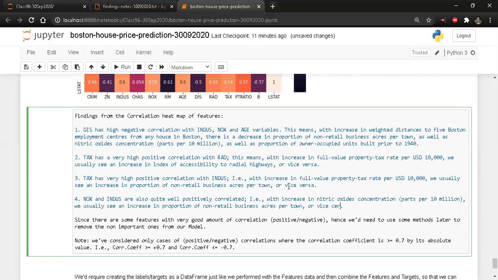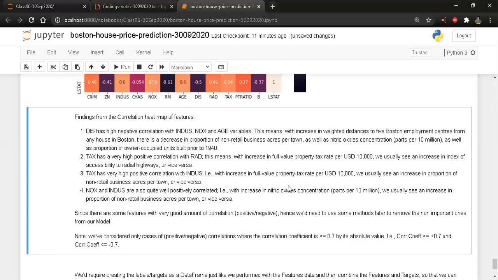So in this case, I'm quite sure that the opposite case, the vice versa case, is actually more relevant, because if I have non-retail businesses, right, retail businesses are like our shops from where we buy rice and grains and all these things. These can be considered as retail shops. Now, how much pollution will a retail shop really cause? Not much, right? But then if I have non-retail shops, which might be related to, let's say, hardware and things related to that, so maybe some kind of small and medium scale engineering shops, they will obviously be resulting into materials which may cause increase in the nitric oxide concentration in the air.